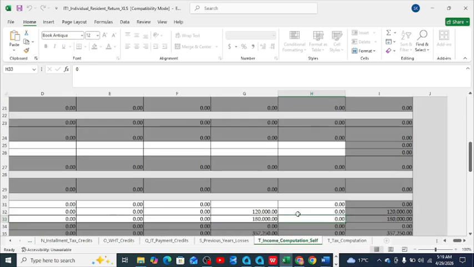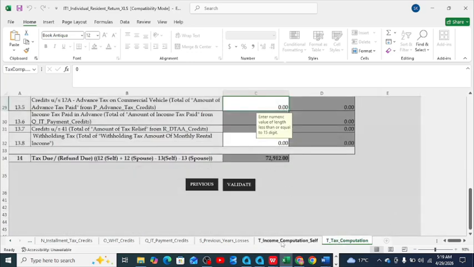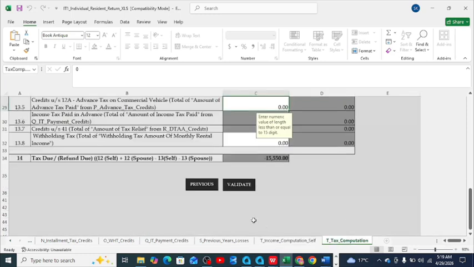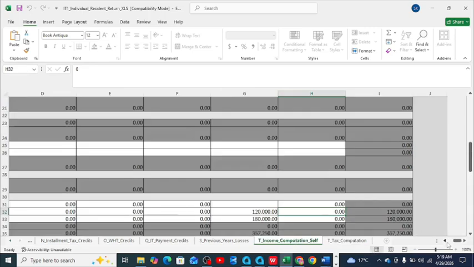I can show you, because when we remove these figures, you can notice that my liability is so high, and when you input them, you can notice that I have been able to reduce my liability for tax significantly. So this is 120,000 and 180,000 here, and you can see the tax liability has reduced significantly. So you can validate and now submit your return, but this is how you usually do the accrual and expense